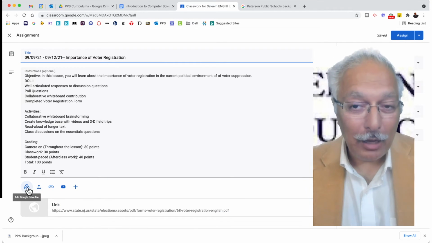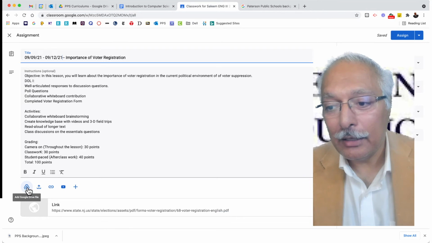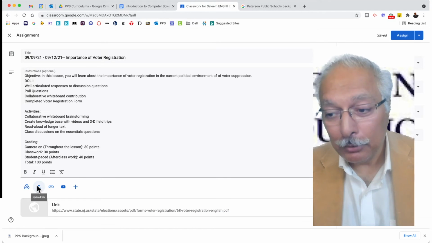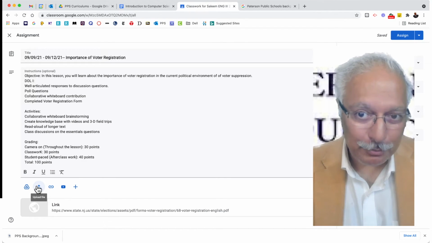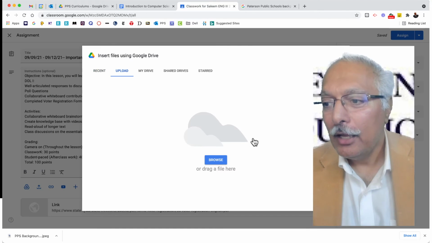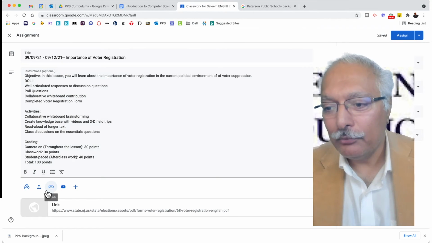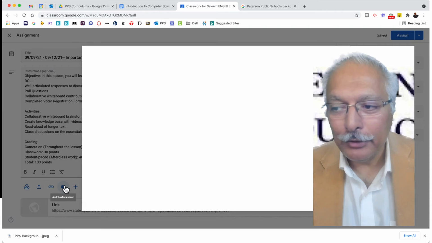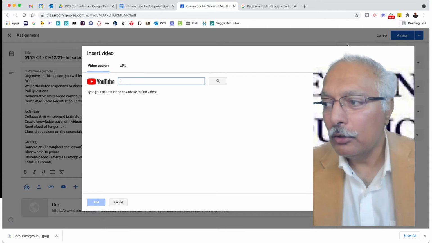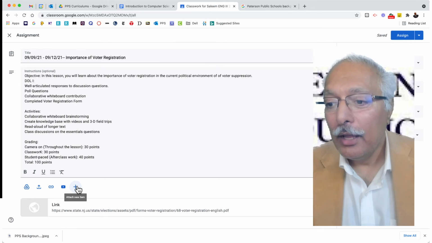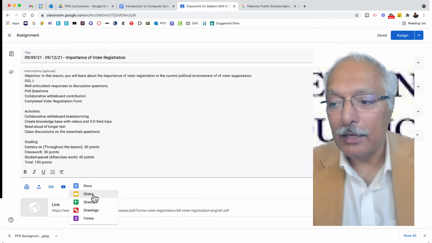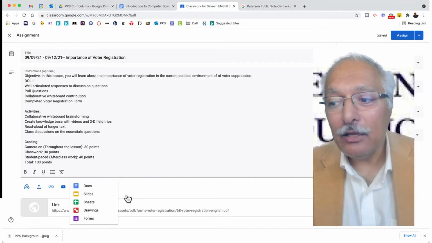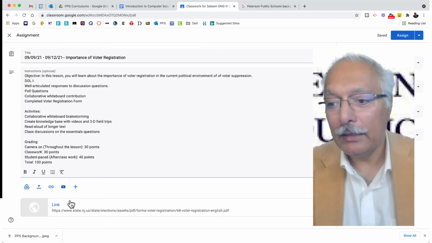If I want to add a file from Google Drive, I can click here. If I need to upload an attachment from my computer, I will click here. If I need to just add a link for a website, I'm going to click here. And if I need to add a YouTube video, I can do it right here by clicking on the YouTube icon at the bottom. Or if I want to add any of these documents, slides, Google Sheets, or a drawing or a form, I can add any of these attachments to this lesson plan, and they will all show up here